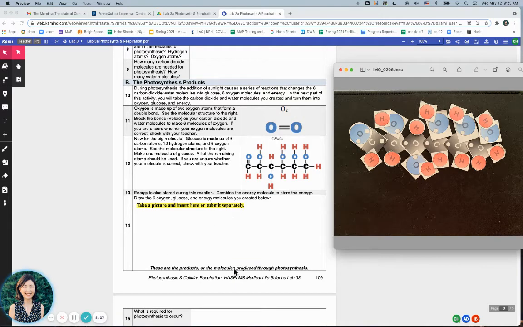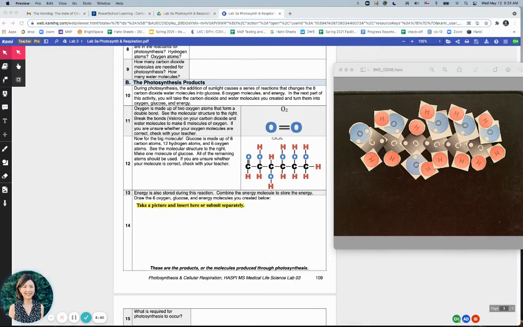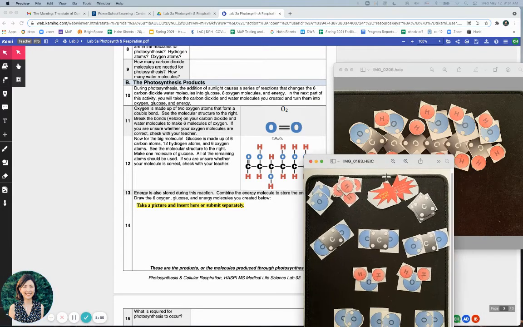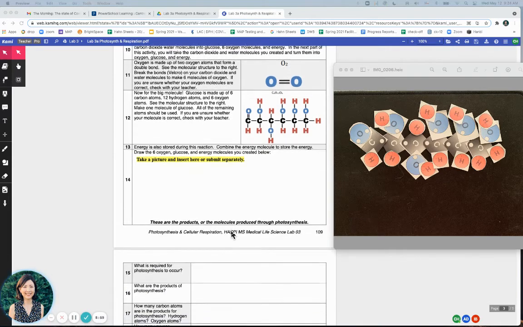So in this picture, in this box, you're going to be putting a picture of your 6 oxygens that you made, which should look like this. So 6 of these, okay? And then you're going to put in your glucose. And then it's asking you to put your energy ATP, which should not be there, but you can do that. Okay, so then